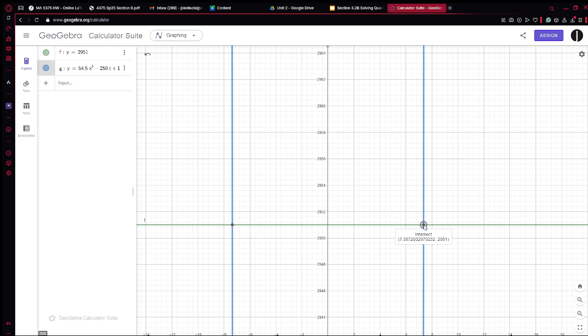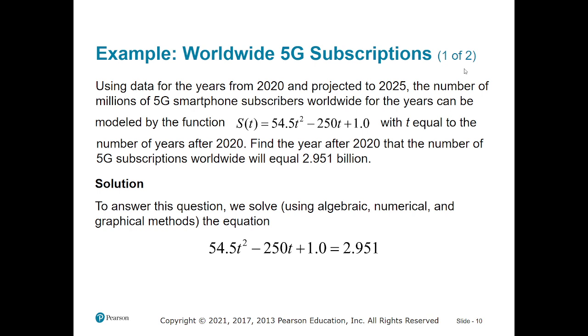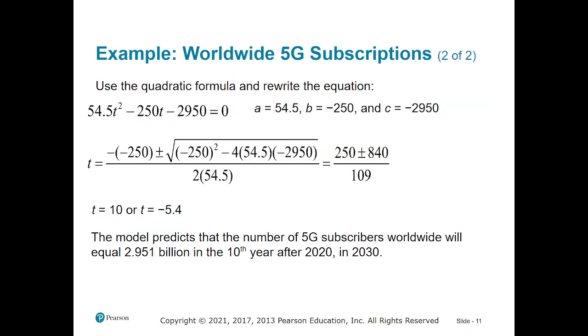Okay, so I'll say -7.4 and +7.4. Okay. So now we know that x equals -7.4 and x equals +7.4 are both solutions to this equation. Right, but we've got to kind of figure out